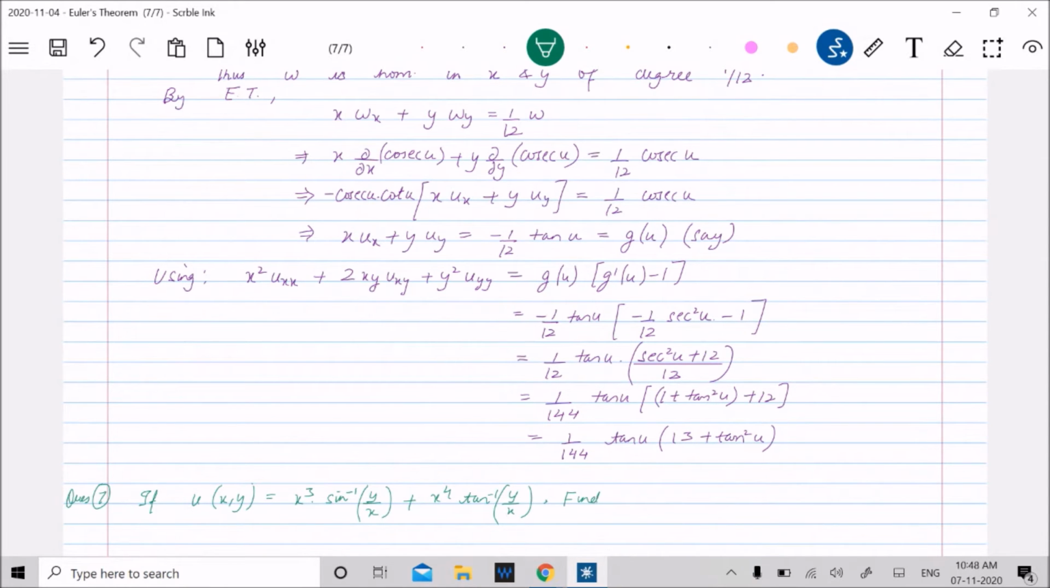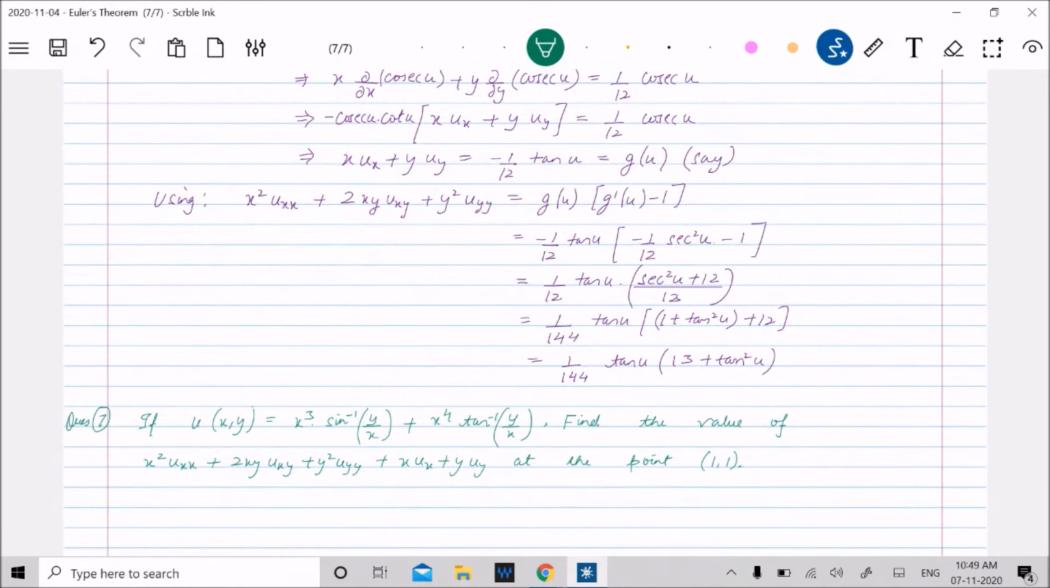Find the value of x² u_xx + 2xy u_xy + y² u_yy + x u_x + y u_y at the point (1, 1). This is a question which is actually asking you to find the numerical value at the point